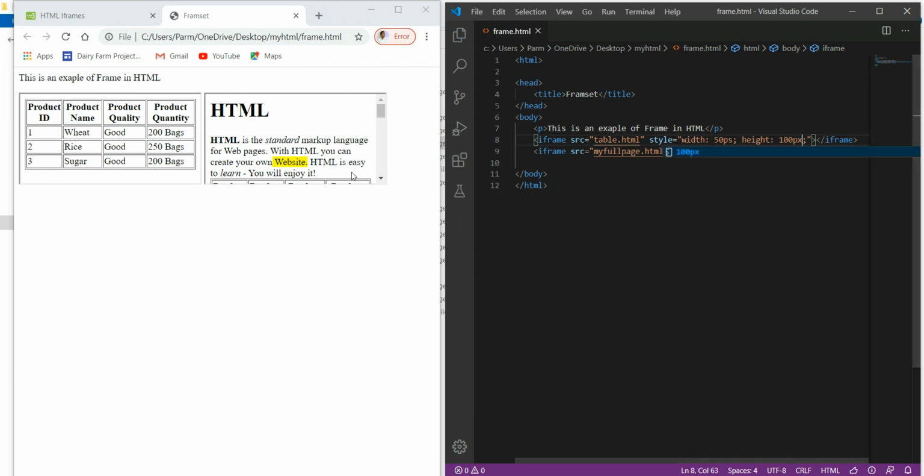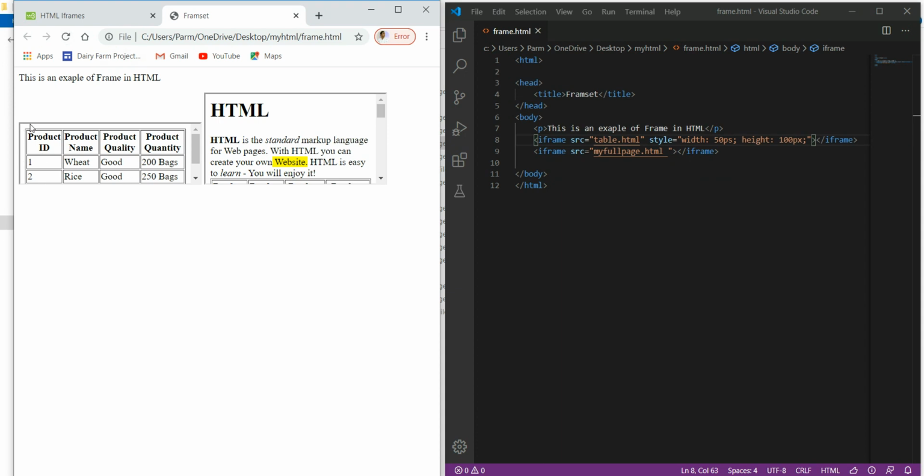Save this. Now again refresh. Now see, I have decreased the height of this frame, so I get a vertical scroll bar over here.